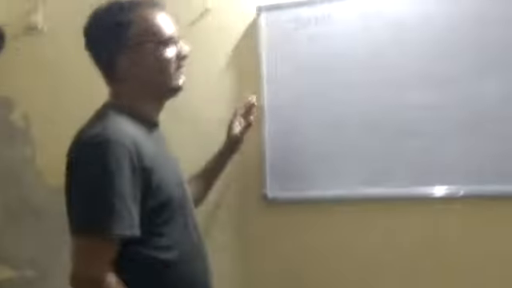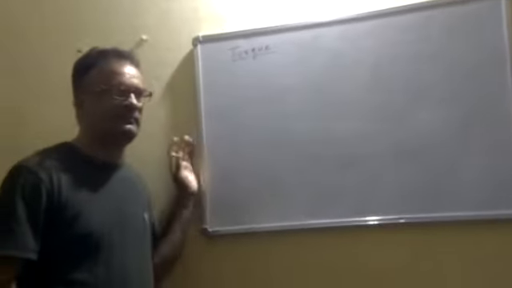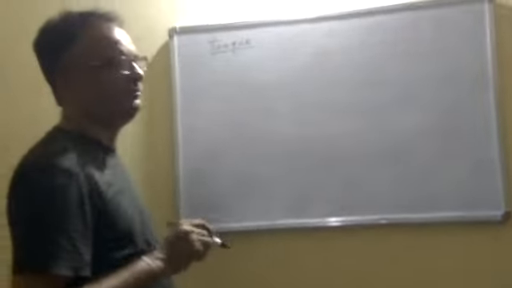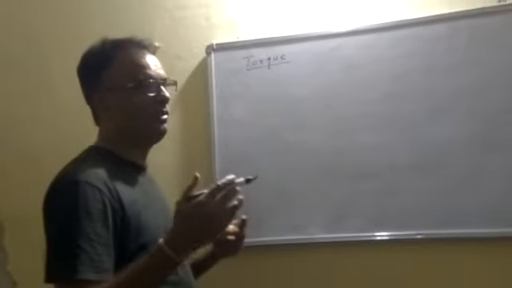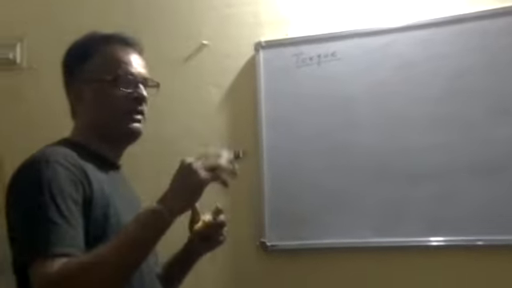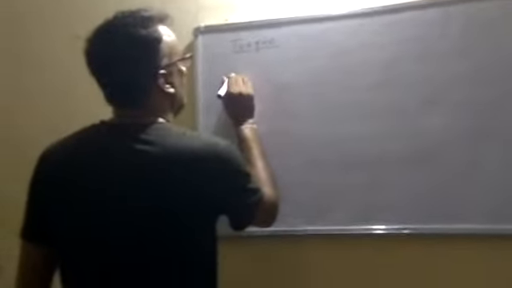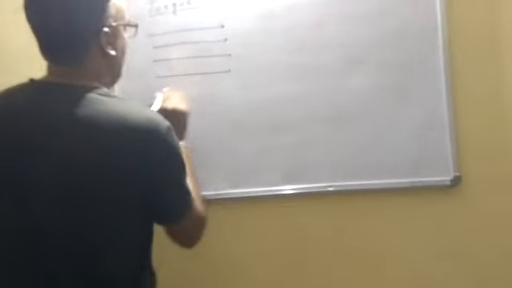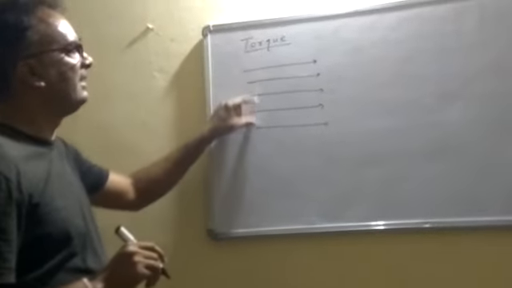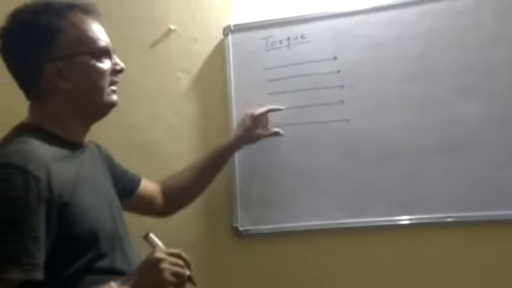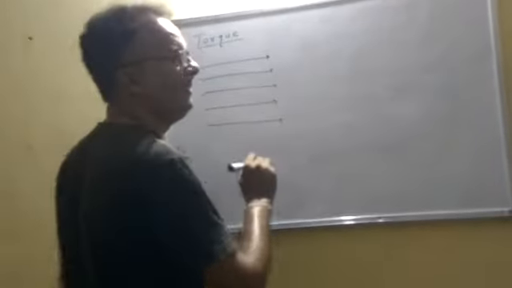But what is the meaning of torque in the electric field? This is another important thing. Suppose I place an electric dipole in an electric field. It starts rotating, the arrangement of two oppositely charged charges of the same magnitude. Suppose this is a uniform electric field. Why uniform? Because you see the spacing between these parallel lines is equal. They are placed equally, so that's why it is a uniform electric field.